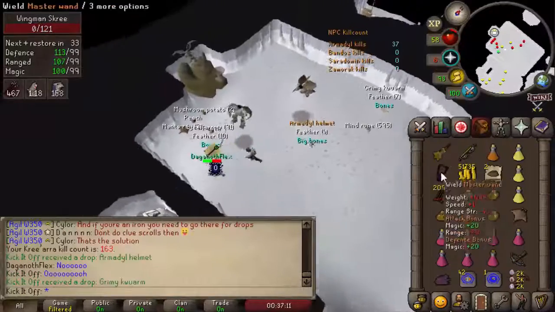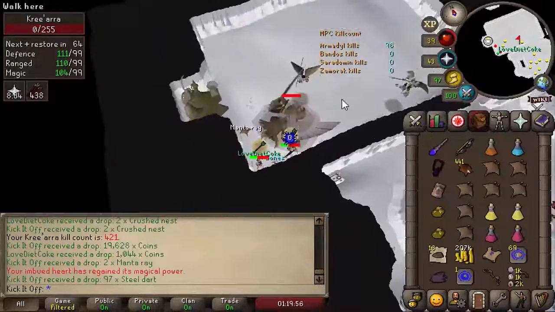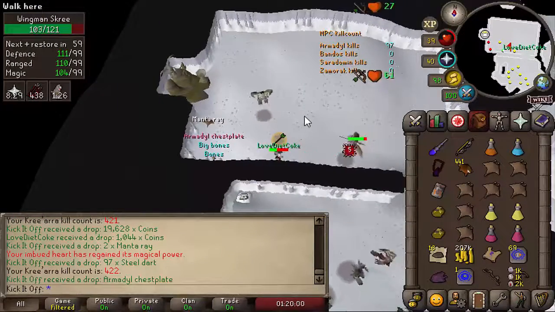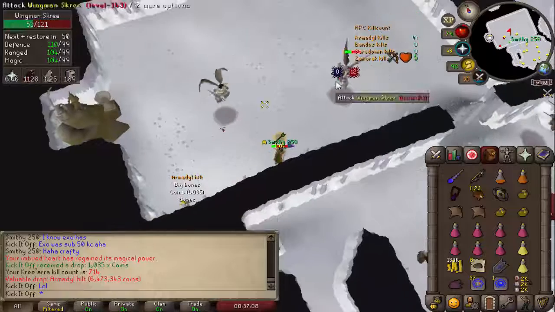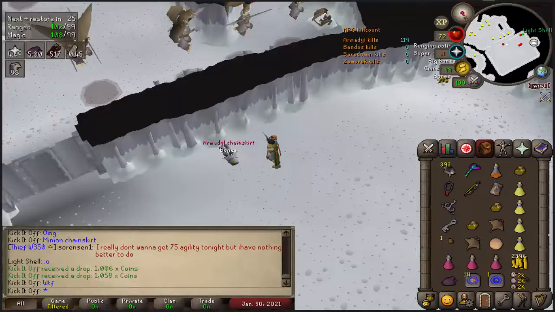I got the Armadyl helmet just over 100 kills later on a duo trip, and then my armor set was complete with an Armadyl chestplate on 422 KC, also a duo trip. The Armadyl hilt, once worth an absolute fortune thanks to PvP, came at a little over drop rate at 714 KC. And the most bizarre thing about these 1000 kills was 3 Armadyl chainskirts just from Wingman Skree,